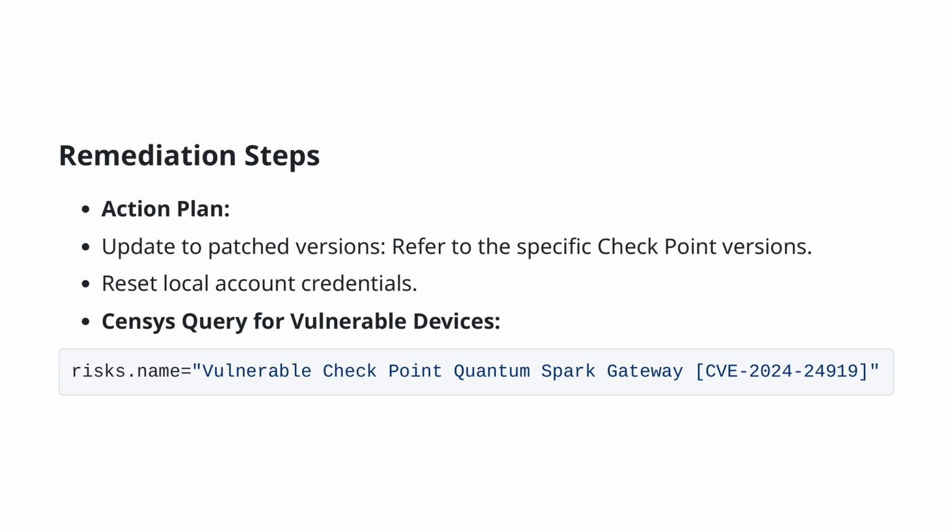Let's now focus on the remediation steps to address the detected vulnerabilities. The first action step is to update to the patched versions of the software. Check Point has released specific updates that you need to refer to for this purpose. Next, it's essential to reset local account credentials to ensure that any potentially compromised access is revoked. For identifying devices that remain vulnerable, you can use a Census query. Specifically, search for devices listed under the criteria Vulnerable Checkpoint Quantum Spark Gateway, CVE-2024-24919. By following these steps, you can significantly enhance your security posture and mitigate the risks posed by the detected